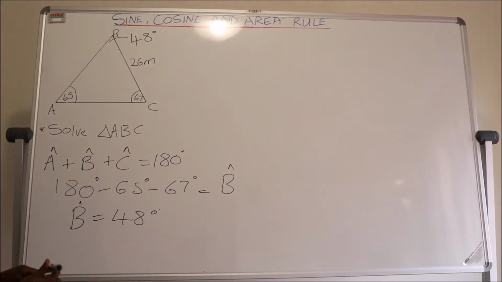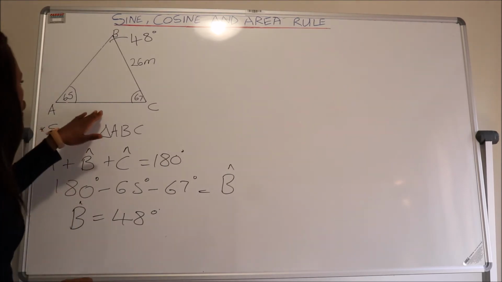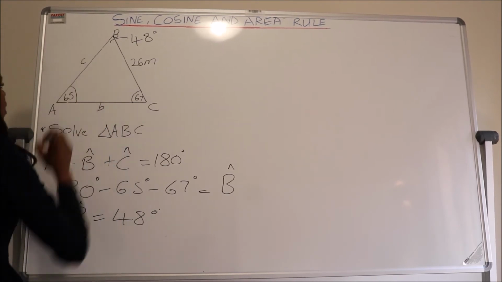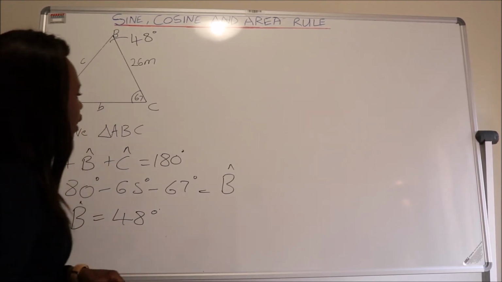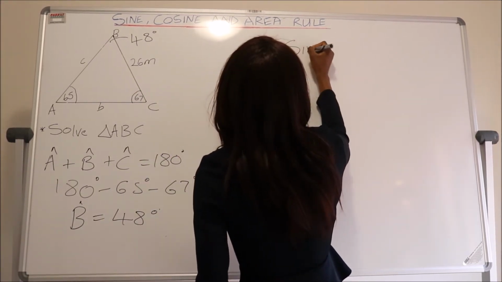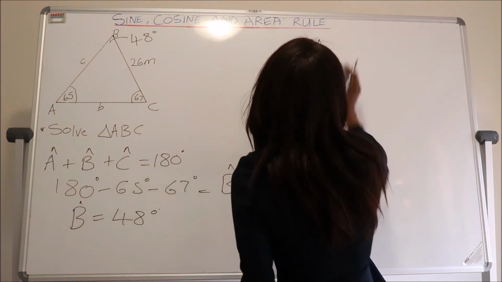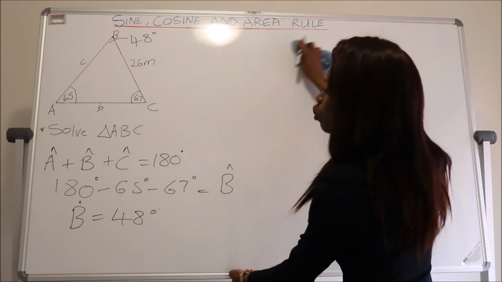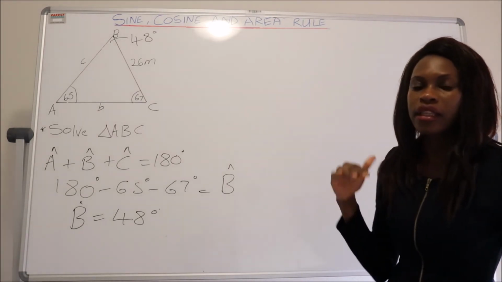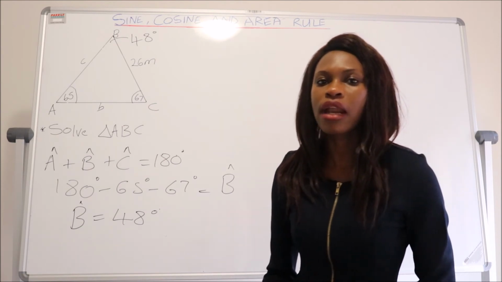Alright, then after doing that, the other things that we have to solve when we are solving for triangle ABC are the opposite side of B, which I will just write as small b, and also the opposite side of C, which I will just write as small c. To find that, remember with trigonometric ratios, sine of A, sorry guys, it's still correct, but I always prefer to have the unknown in the denominator. If I have to solve for the angle, I prefer to have the angle in the denominator,